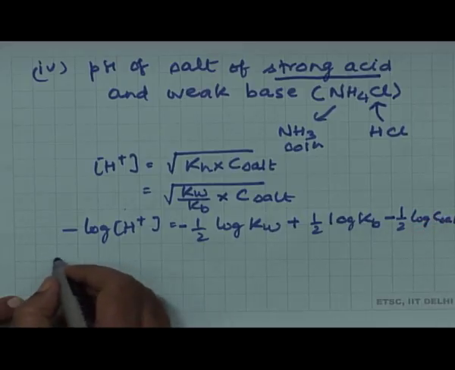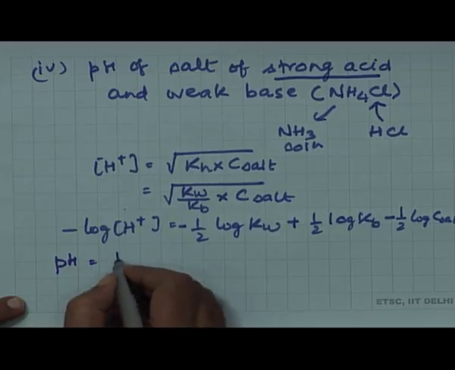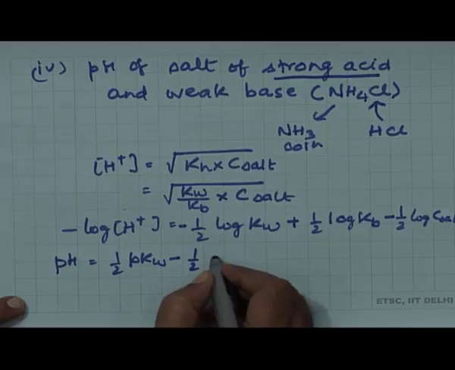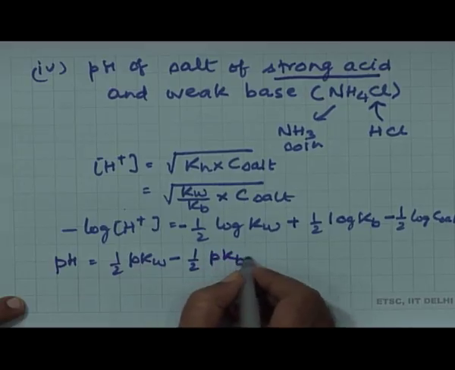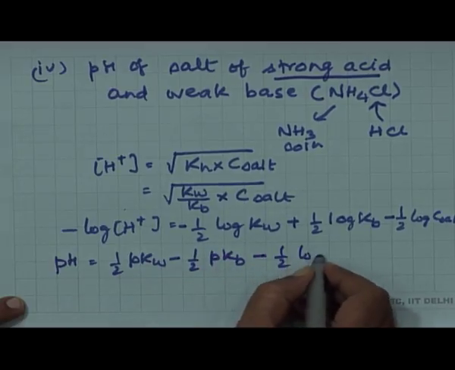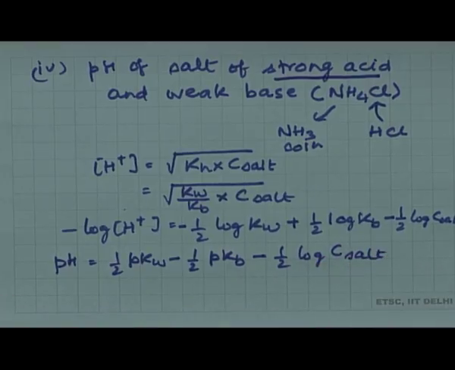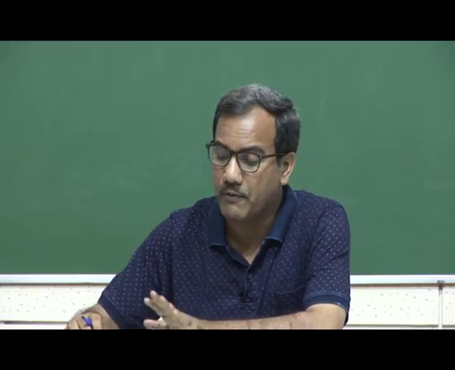So, pH is equal to half pKw minus half pKb minus half log C salt. This is the way we can calculate pH of salt of a strong acid and weak base. These four are very important